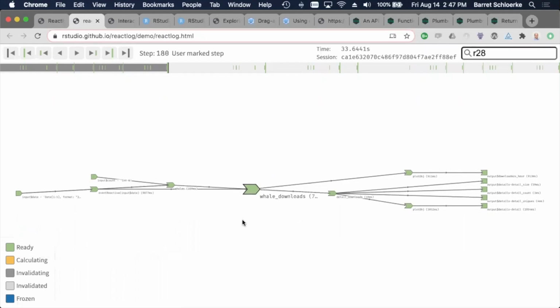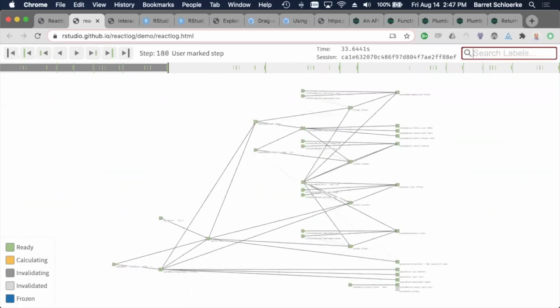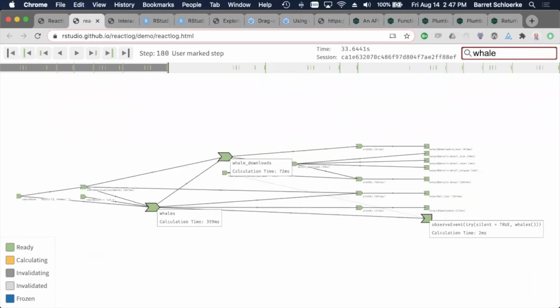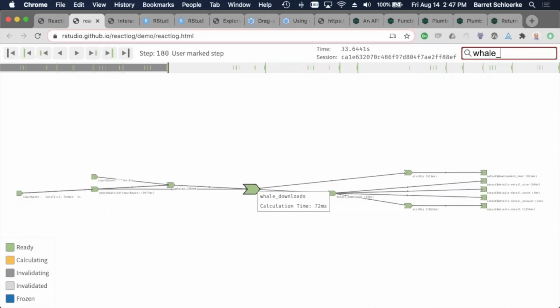I've seen some apps have like 2,000 reactive IDs on load. Wow, that's immense. Yeah, it is. And so when that happens, hopefully everything has been labeled properly, but I like to use the search bar in the top right. So I'll say like whale, and now 2 or 3 things have been hit by that. If I do whale underscore, now it's just that whale underscore downloads. Oh, that's amazing to save time instead of just kind of poking and hoping for the best that you find the